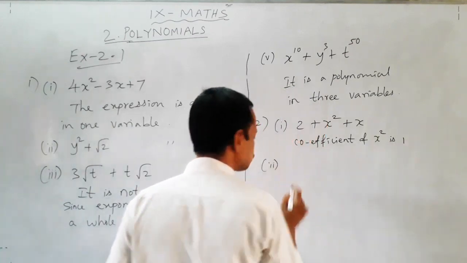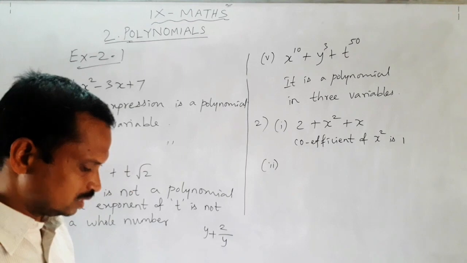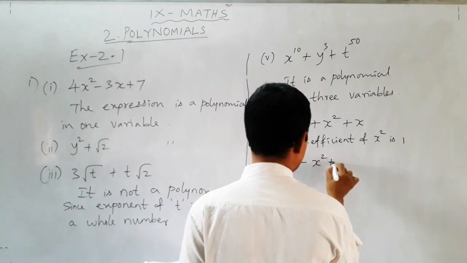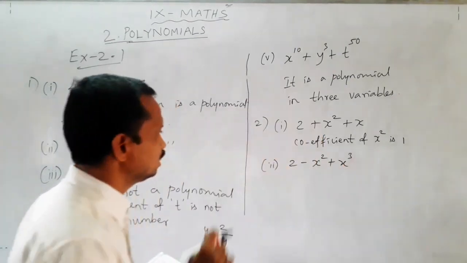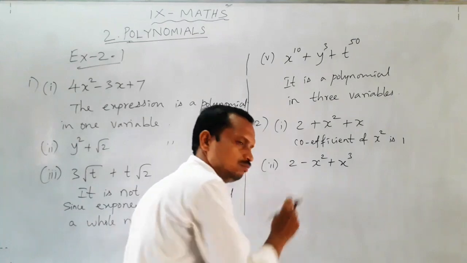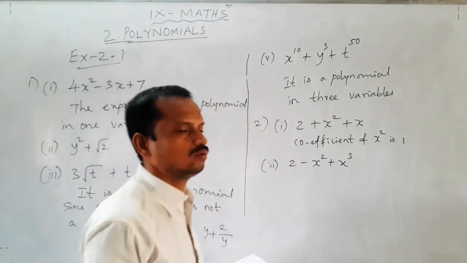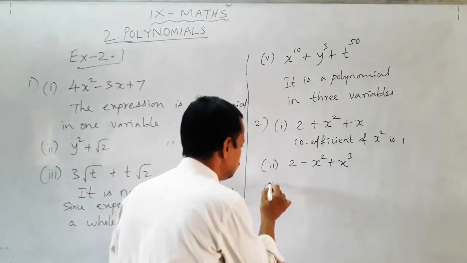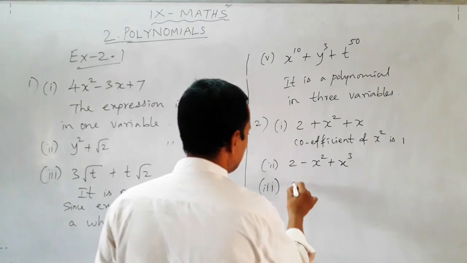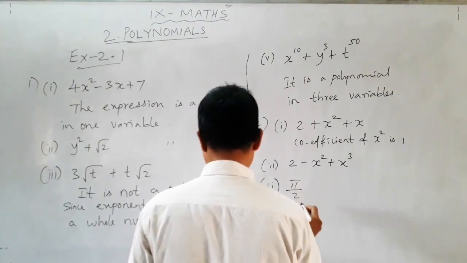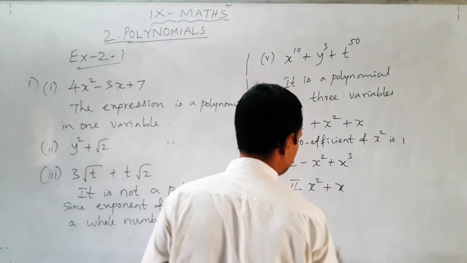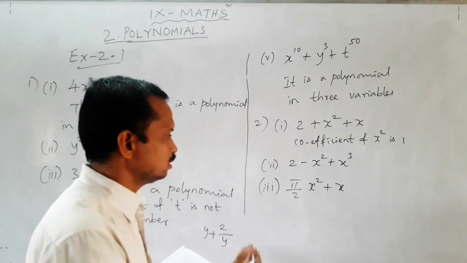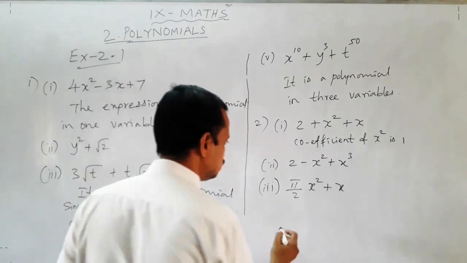Option 2, 2 minus x square plus x cube. So here, what is the coefficient of x square? Minus 1, because minus sign is there. So including the sign, you have to tell the coefficient. So the coefficient of x square is minus 1 here. You have to write that as homework. Option 3, pi by 2 x square plus x. So here the coefficient of x square is pi by 2. Pi by 2 is nothing but the value. You have to write the answer, coefficient of